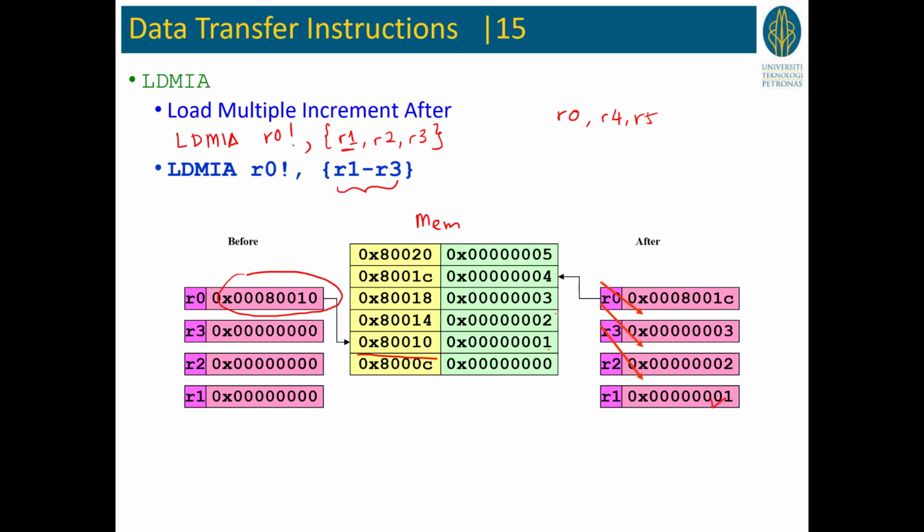And then the next memory location after that is going to be loaded into R2. So that's where you find R2. And this one will be loaded into R3. In this case, because you have write back, you are also updating the address in the base register, and that will be this new address here, which is incremented after you perform the